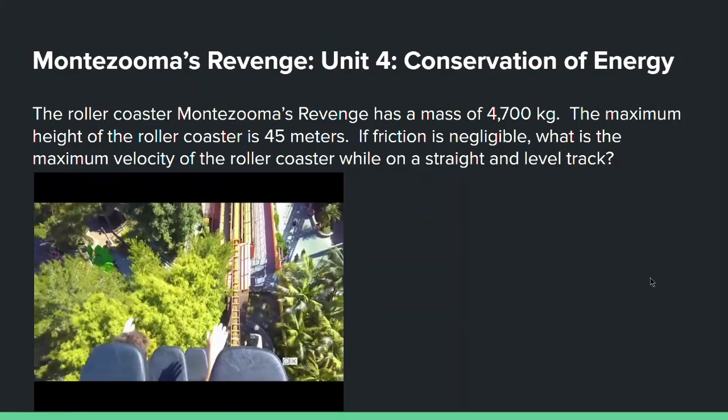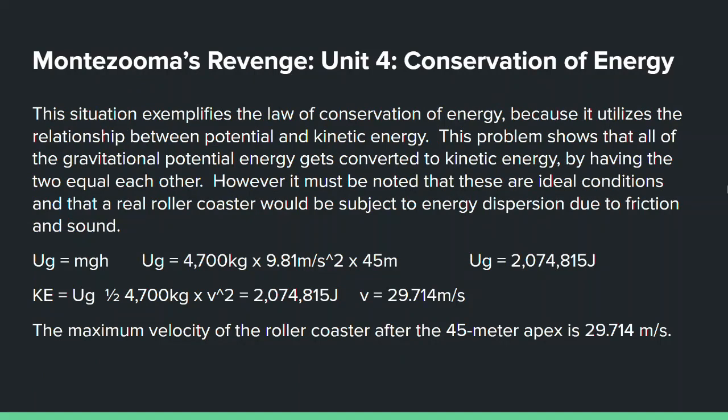Okay, so this situation shows the law of conservation of energy because it shows the relationship between gravitational potential energy and kinetic energy. Again, we're working in ideal conditions without friction, so all of that gravitational potential energy will be converted to kinetic energy. None of it's going to be lost with friction and sound. So we can calculate the gravitational potential energy by taking mass times gravity times height, which we all know. It's 4,700 kilograms is the mass, gravity is 9.81 meters per second squared, and the height, which was stated as 45 meters. So we get